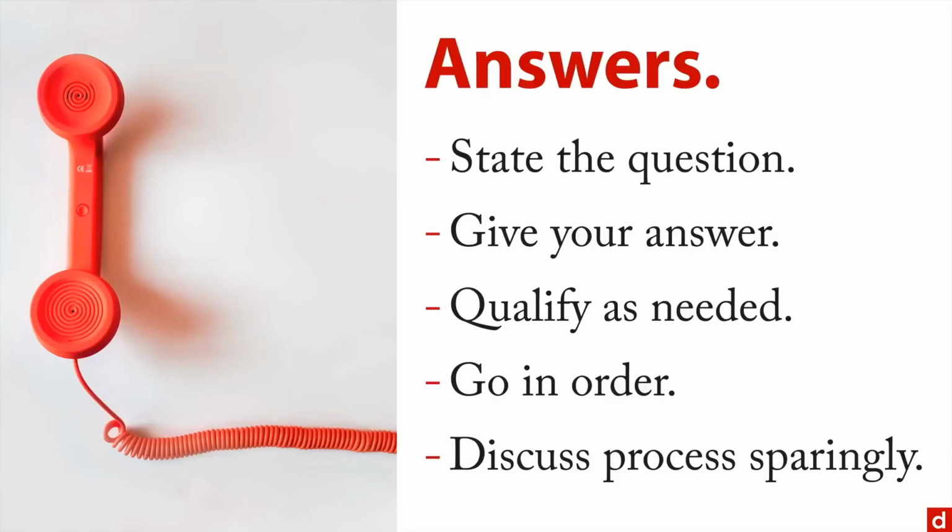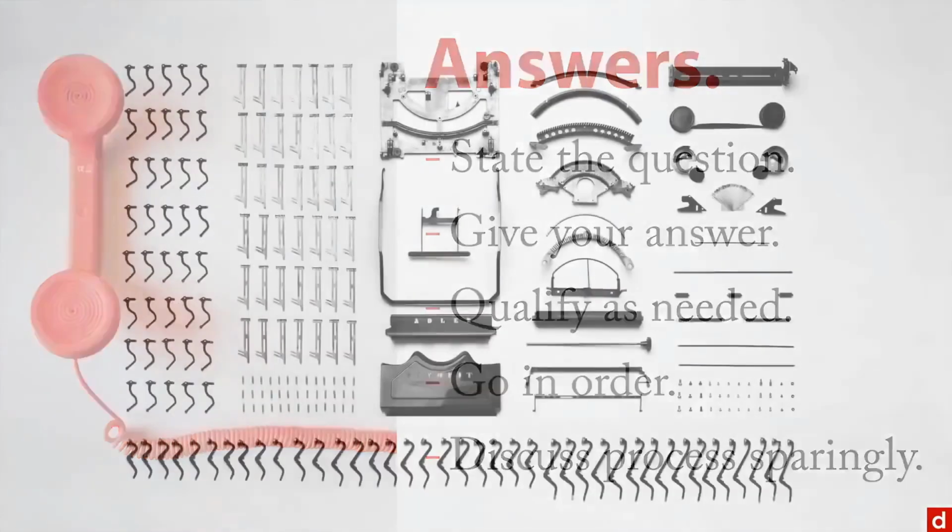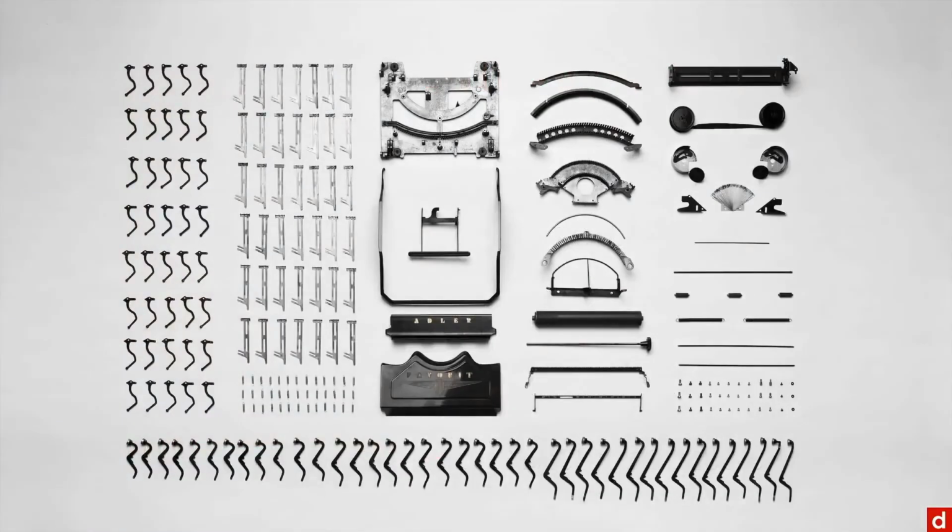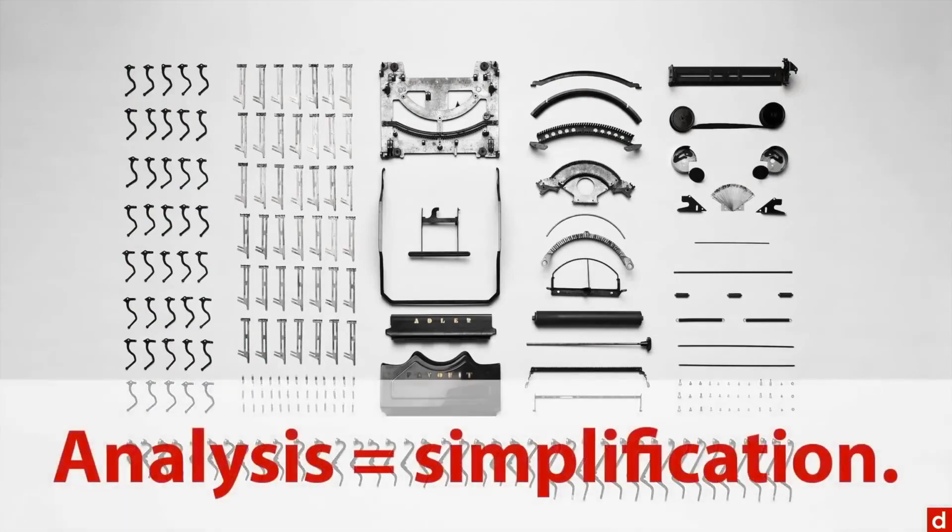The process here is to remember that analysis means breaking something apart. This, by the way, is a mechanical typewriter broken into its individual components. Analysis means to take something apart. An analysis of data is an exercise in simplification. You're taking the overall complexity, sort of the overwhelmingness of the data, and you're boiling it down and finding the patterns that make sense and serve the needs of your client.